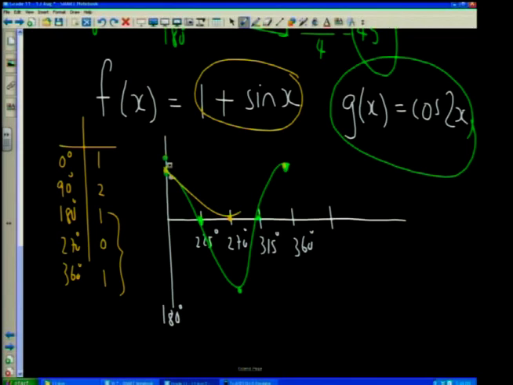So it's doing that, your sine graph, because it's going to go up to 2 as a maximum, and this one's also going to go up to 2, and it's going to come down, because it's been shifted up by 1 unit. So my yellow graph would be the F graph, and this graph here would be my G graph. Make sure that you've labeled it accurately as well. So if I continued with my sine curve, I would plot that at 90 it needed to be a 2, and then it's coming back to a 1,